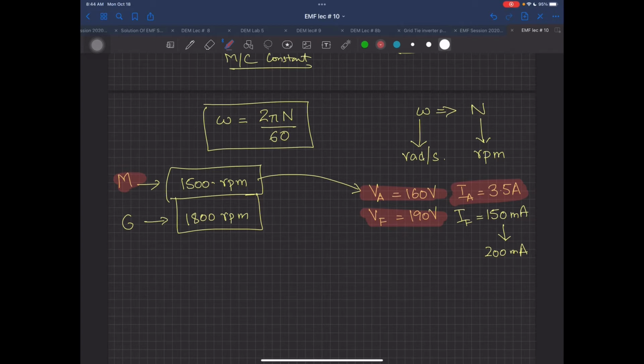ये बिल्कुल इसी तरह से है your fan. If you are running it without the blades, there is no load on the blade or on the motor over there. So there is no air pressure on the fan. So it's not going to take a little bit of power just as the friction power over there. Otherwise there is going to be no losses. But in the lab, when you are going to apply a load, this current will then exceed to 3.5 ampere. Otherwise it will just be 0.8, 0.9 or maybe like maximum 1 ampere.